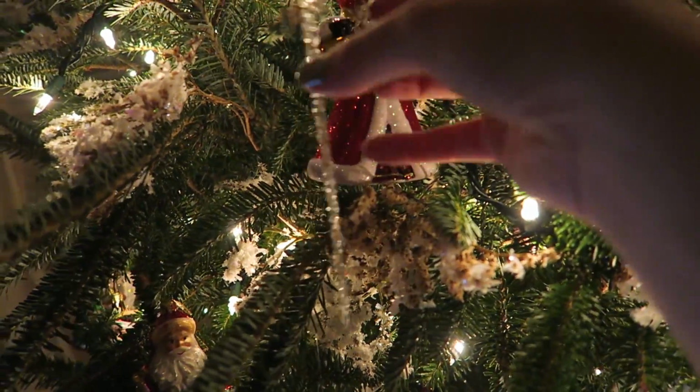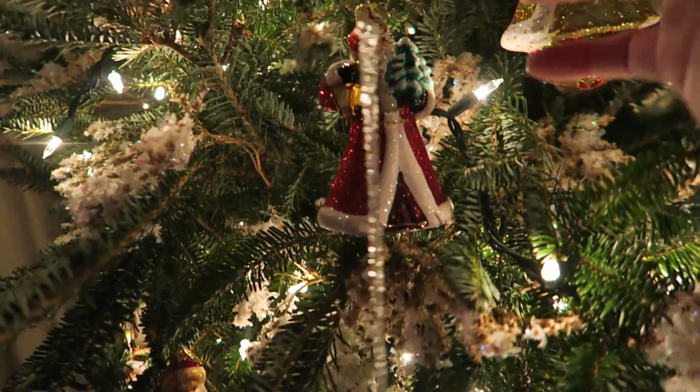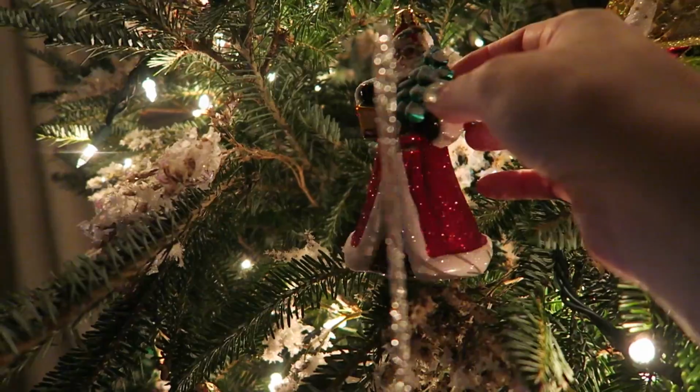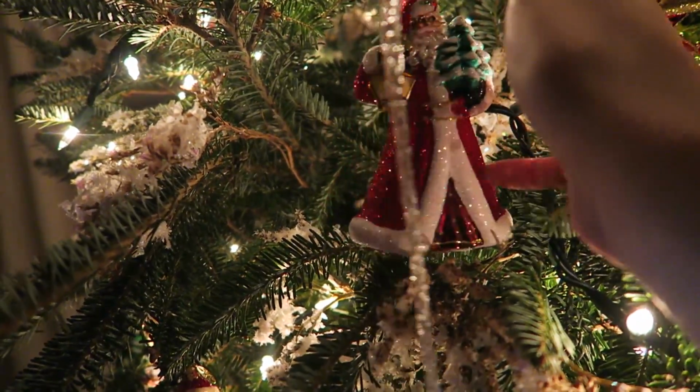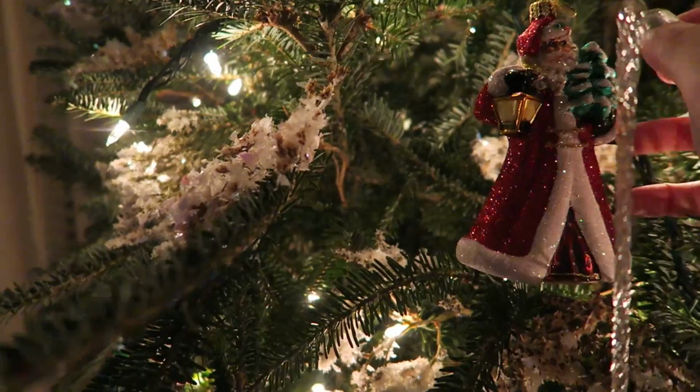But this guy in the background there, well, just wait till you see his coat. It's probably the most glittery one on here. Kind of reminds me of ruby red slippers from like the Wizard of Oz. He's also carrying a little tree. Speaking of the tree,